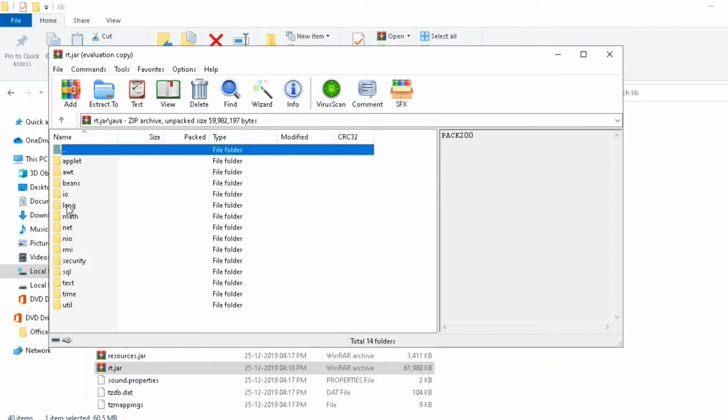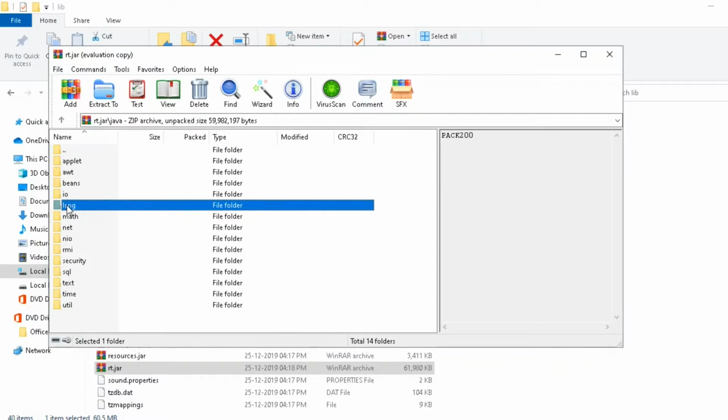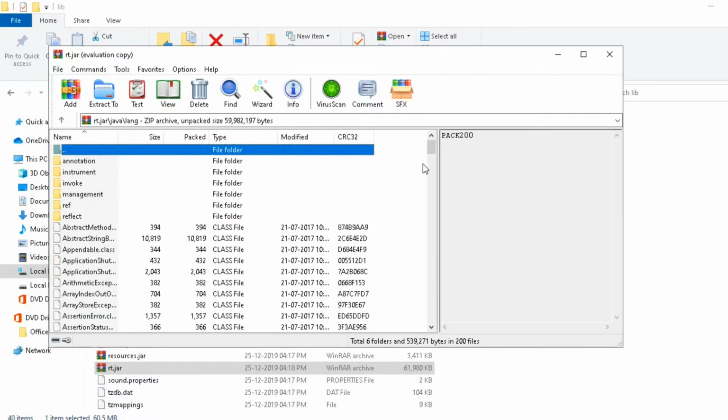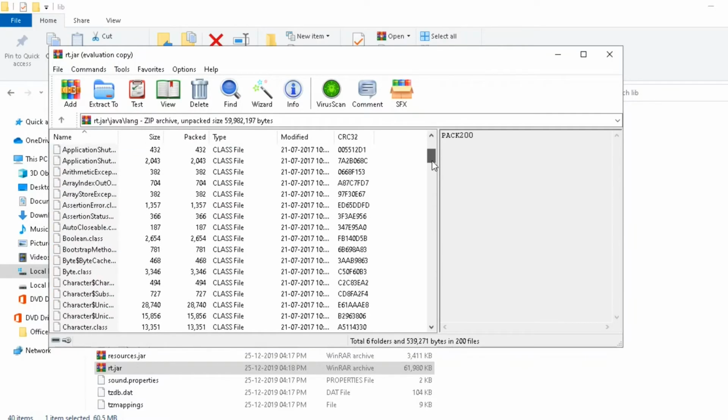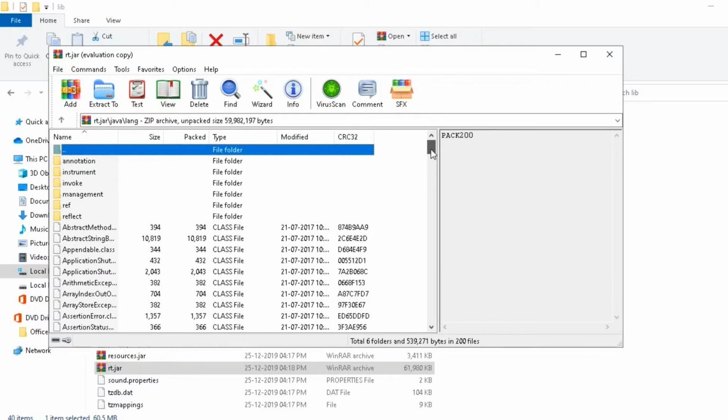Thread and String, these types of classes belong to the folder lang, and we know that the lang package is imported by the JVM itself. We don't need to import it externally.